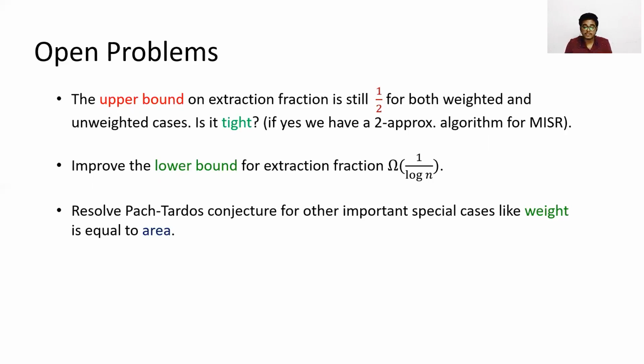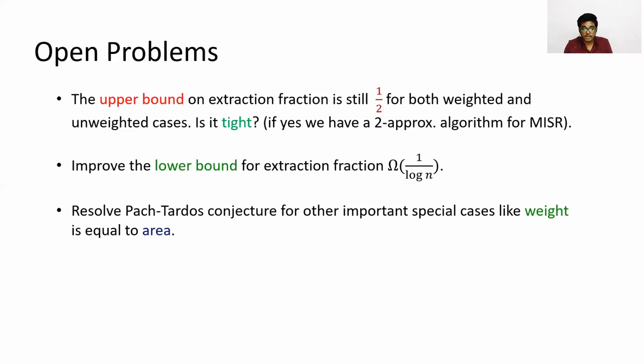The best results for MISR and MWISR at this point are order log n. Previously it was order log n by log log n, but recently there was a paper claiming order log n. Even if you get an algorithm that extracts n by log n, it matches the current best approximations for MISR, and the running time is a lot better because this is order n to the power 5, whereas those approximation algorithms might take very long. They might be impractical.